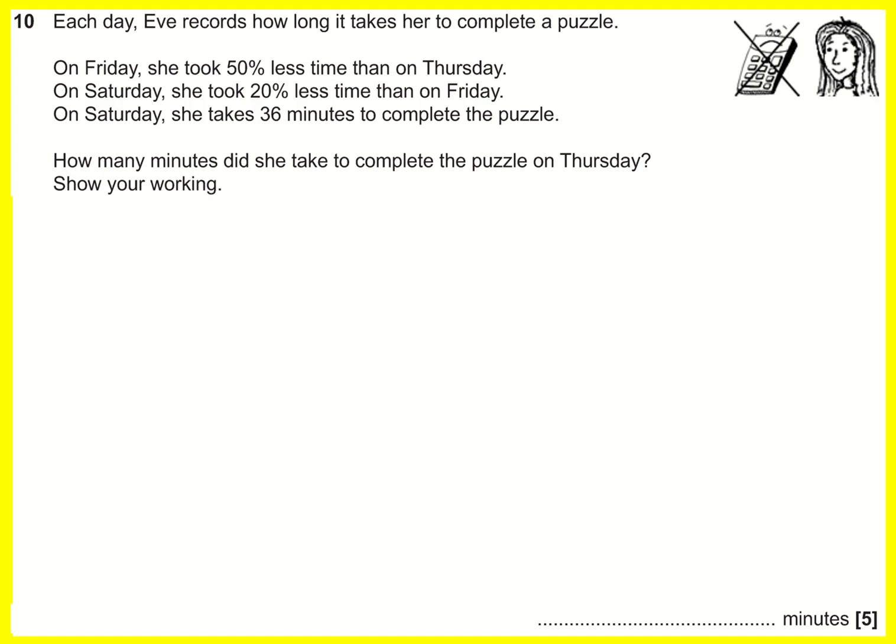Math is often about taking a wordy situation and transforming it into a simpler kind of diagram that you can then use. You can think about which way you're going along the diagram, and you can get to the answer. So let's just write down first of all the days. We've got Thursday, Friday, Saturday, and that's it. So on Friday, we don't know what Thursday is, and actually that's what we're trying to